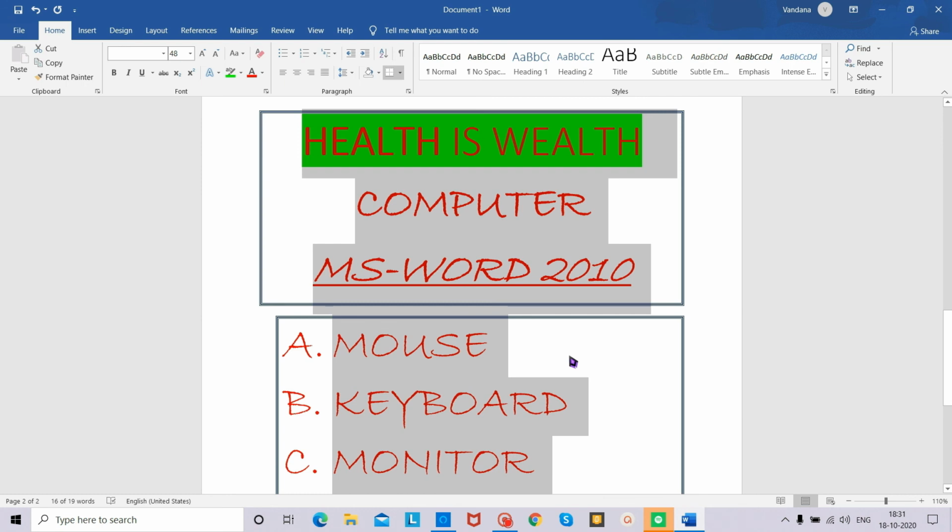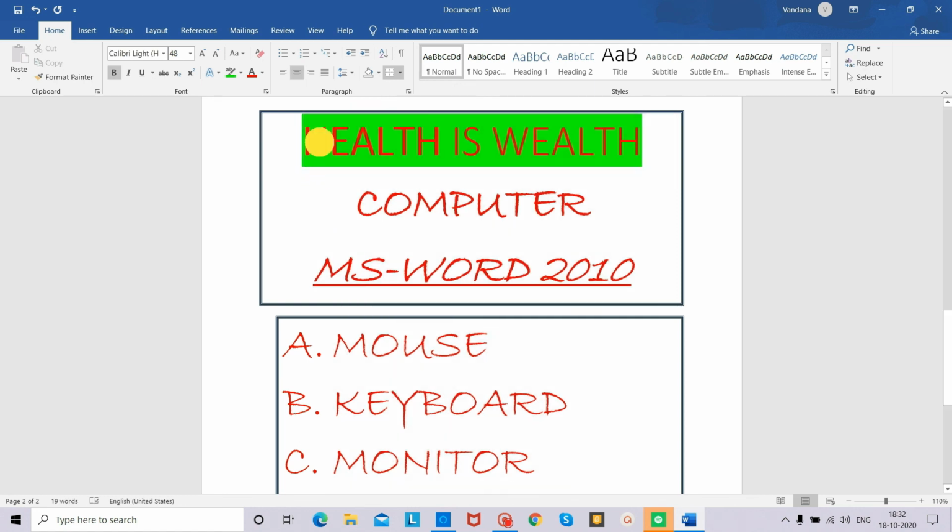Now we can apply drop cap effects to the first letter of the paragraph. Now follow the steps for how we can apply a drop cap effect to the first letter of the paragraph. Select the letter which you want to make a drop cap. I have taken H here.